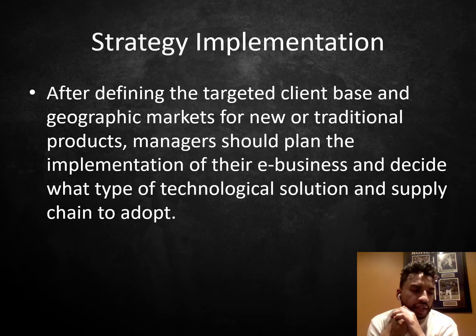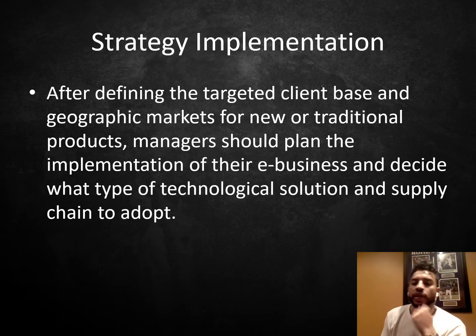Okay, so for example, if you're manufacturing car parts and selling them to, let's say, Toyota, so you figured out who your client base is, where you're going to sell, all that stuff, right? So now you're going to figure out what type of e-business. For example, you have to have a website, an online ordering system, and some customer support going. You have to have a portal for your suppliers to make sure that you're getting the correct things on time, where you can review your suppliers, see who's the better one, who's giving the best prices, who's the most efficient, stuff like that. So those are all different things you have to look into when you're trying to implement an e-business strategy.